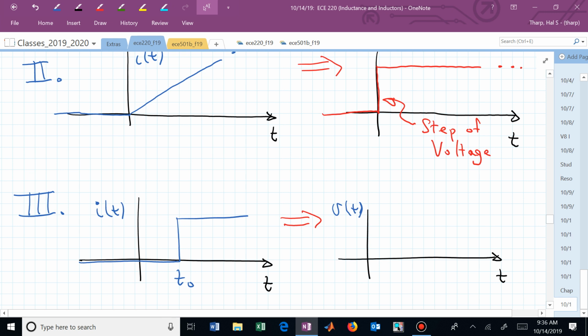So we'll have an impulse of voltage at t sub 0, and then since the current is constant beyond that, we have 0 voltage. But where we experience the step in current, we would actually have